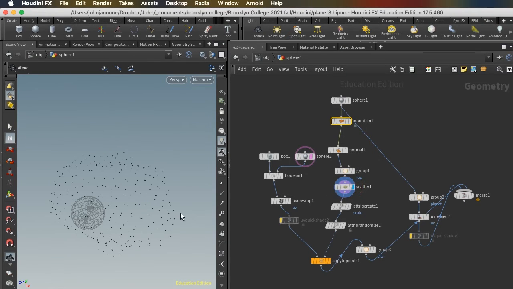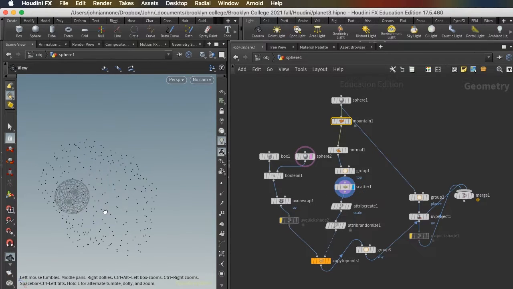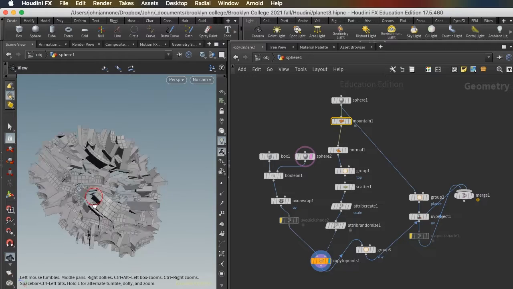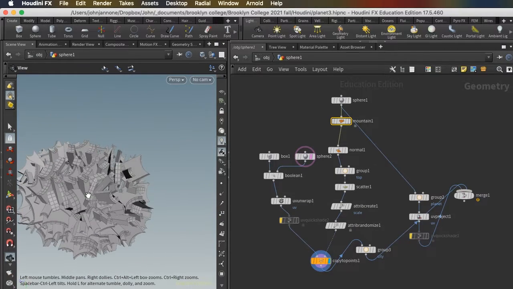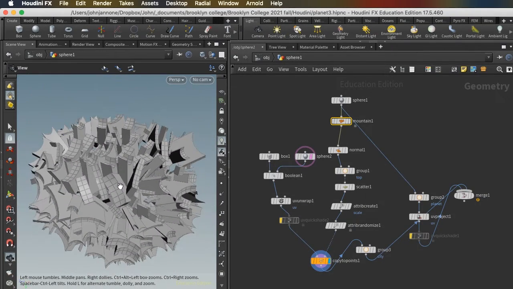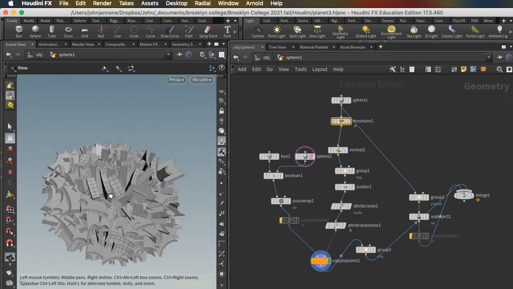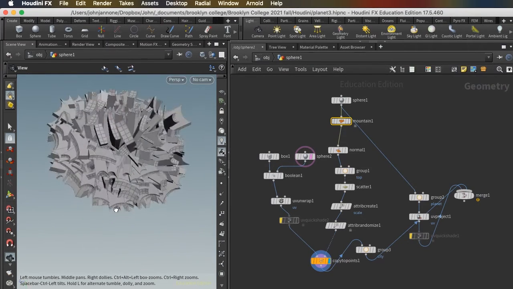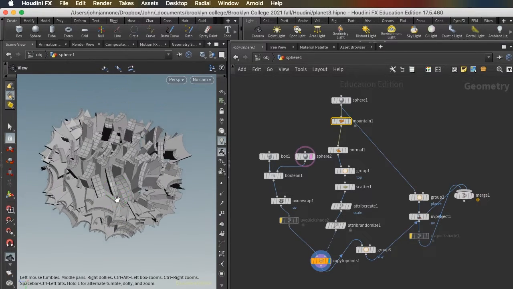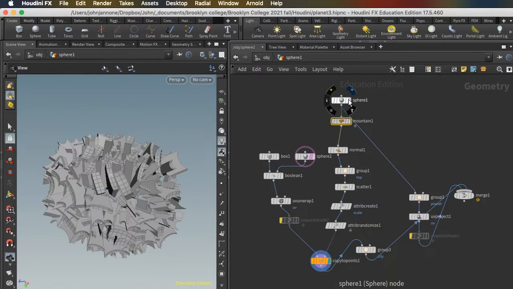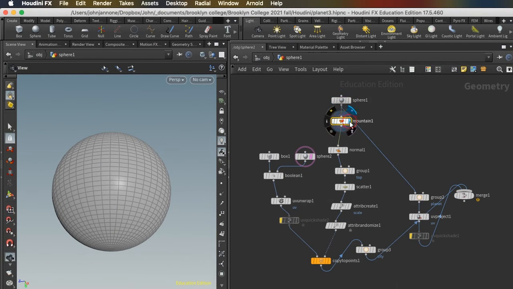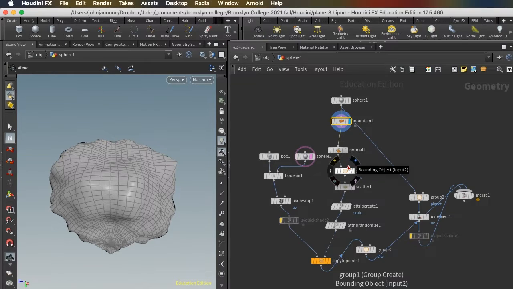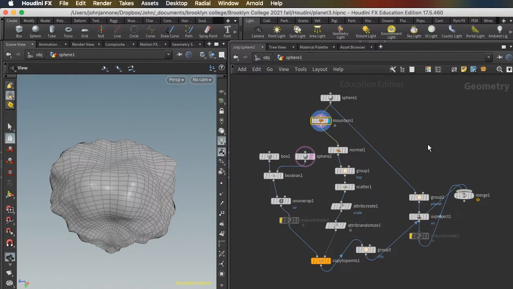So you see my points are scattered, no longer on a spherical shape, and so my copy to points are spread out along this non-spherical surface. It wasn't what I was looking for, but it was what I found, and it's pretty cool. So I can manipulate this mountain so that it's giving me something more along the lines of the land mass that I want. And in order to do that,